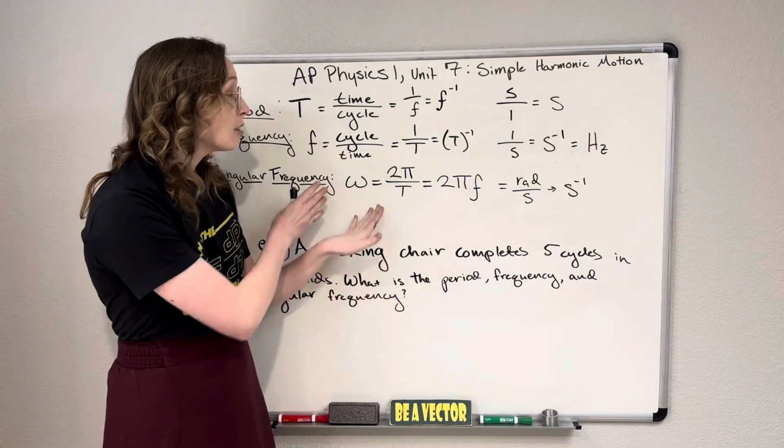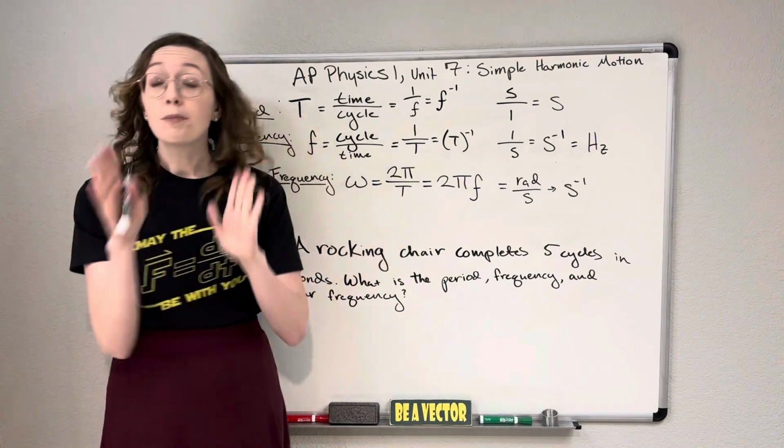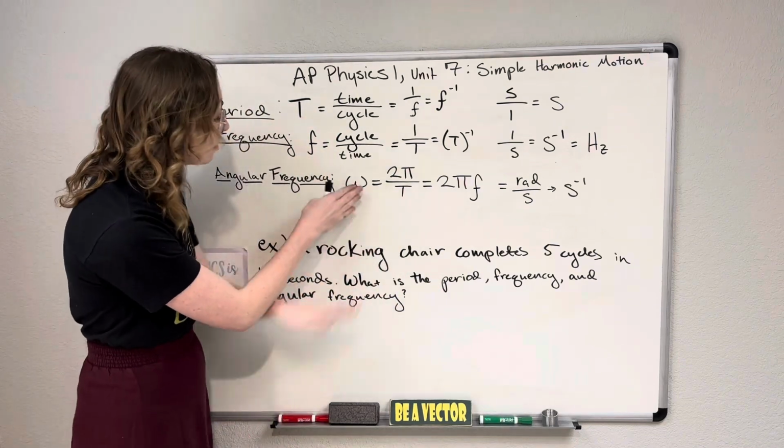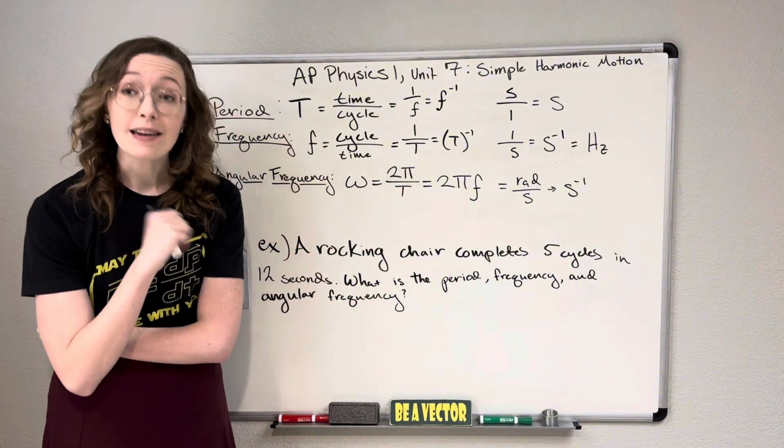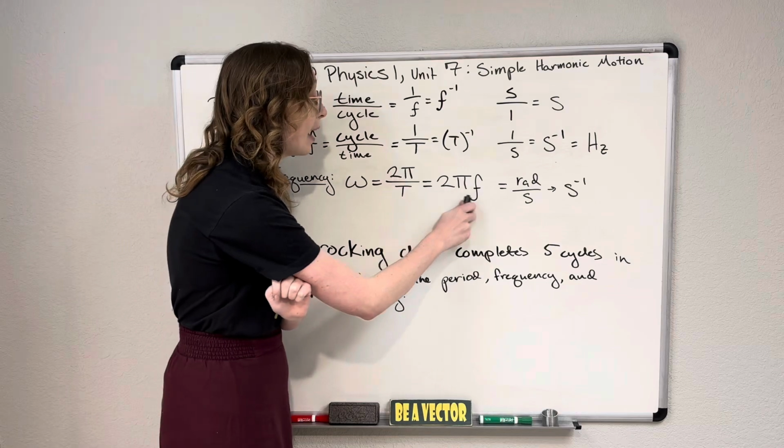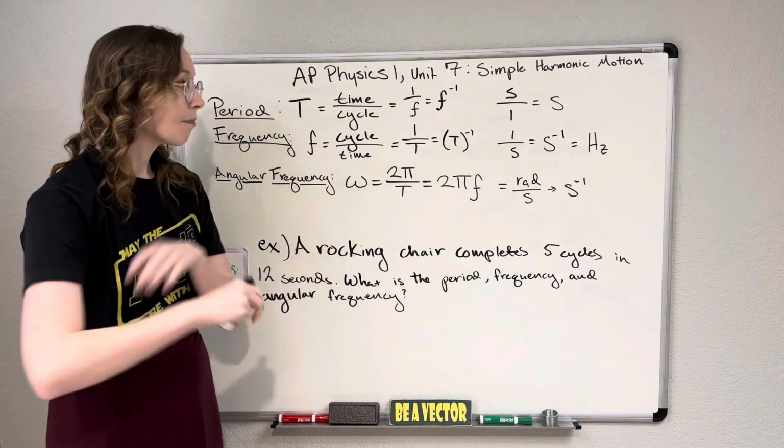We'll do a lot of practice with this, but the most important thing is that you know how to calculate it, which is just that our angular frequency is equal to 2 pi divided by our period, which is the same thing as 2 pi times our frequency. Okay,